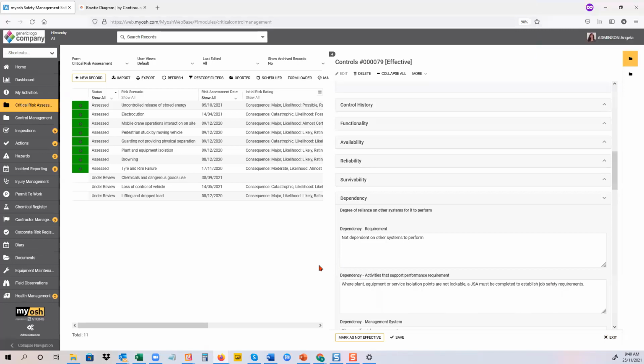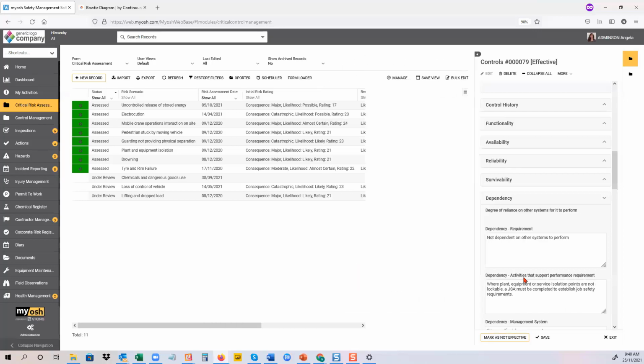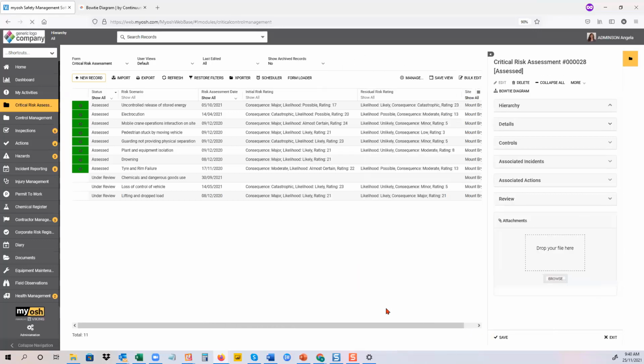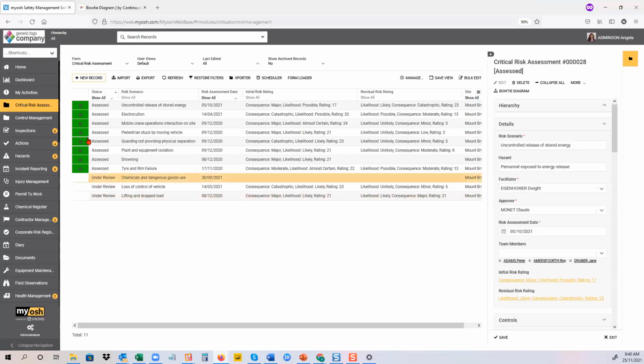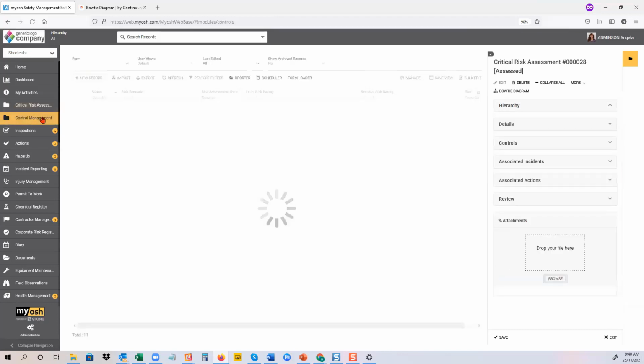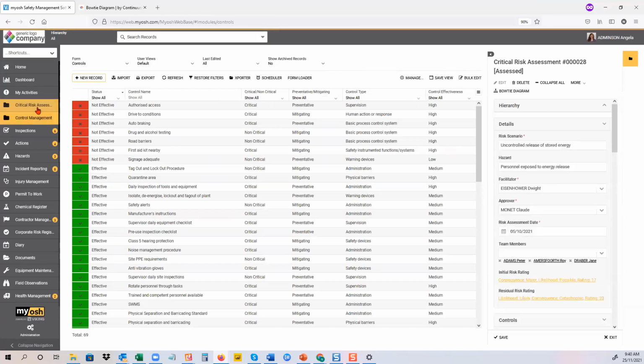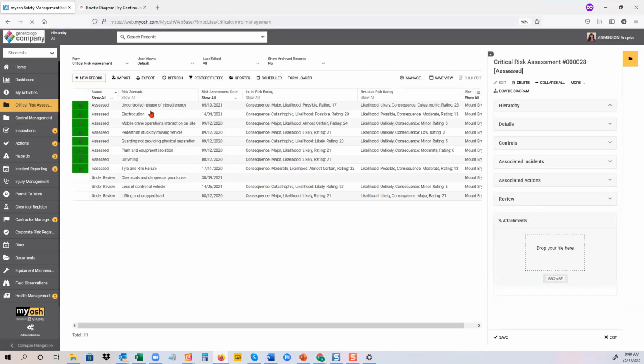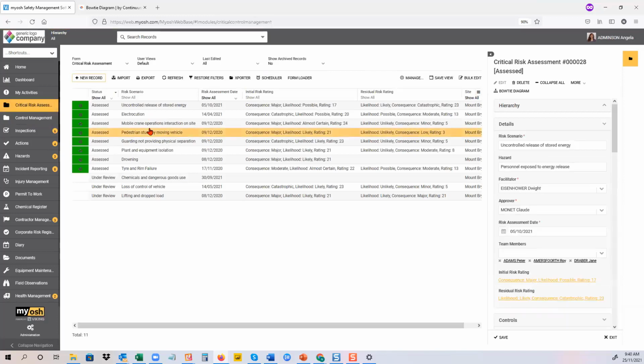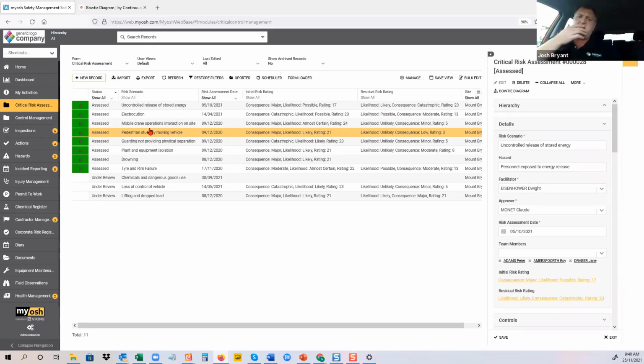So what I'm going to do now is slide these records across to the right, and we'll go and have a look at the other module that makes up the critical risk management functionality, and that's control management. Because if we look at this critical risk, what you can see here is a list of all your critical risks, and you're not going to have a lot of these. I don't know, companies might have, I don't know, Josh, what, 20, 40 of them, maybe? Yeah, most businesses will probably have anywhere between maybe 12 and 20 being realistic, like as in risk scenarios, because